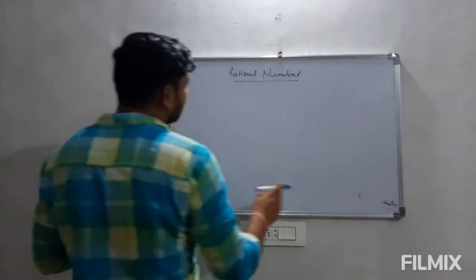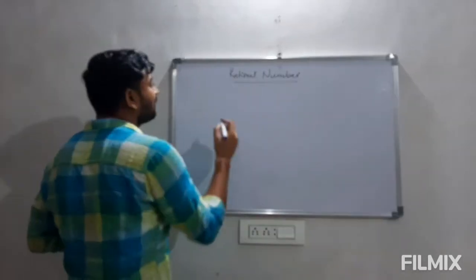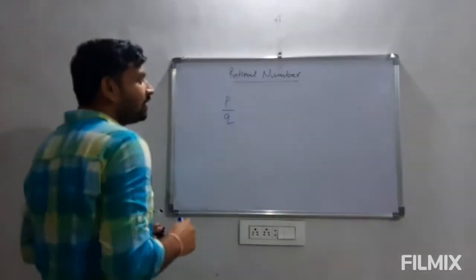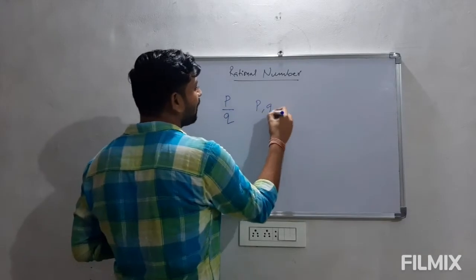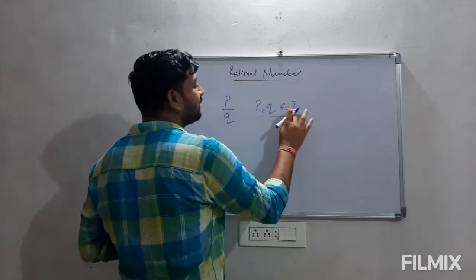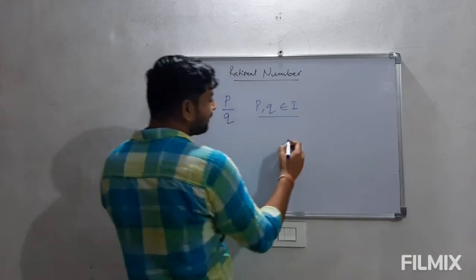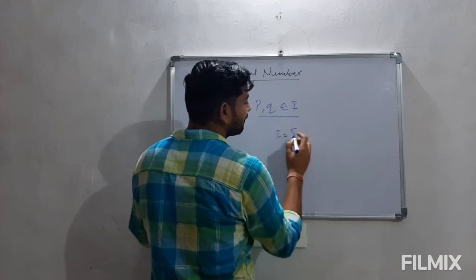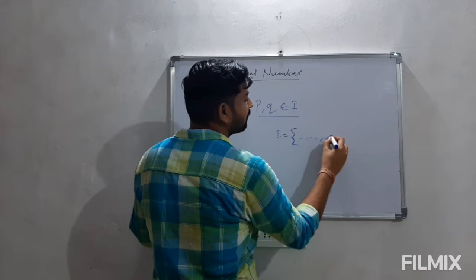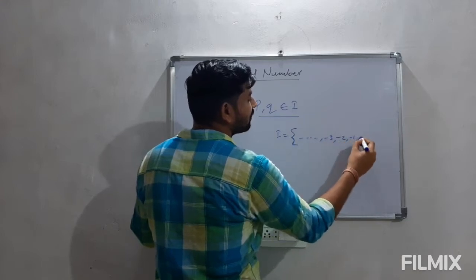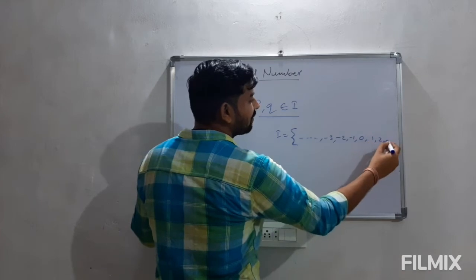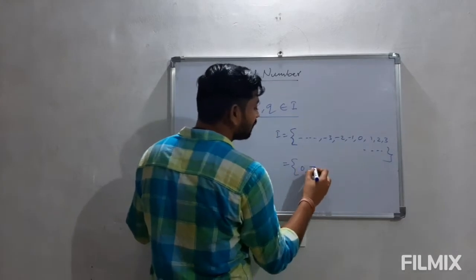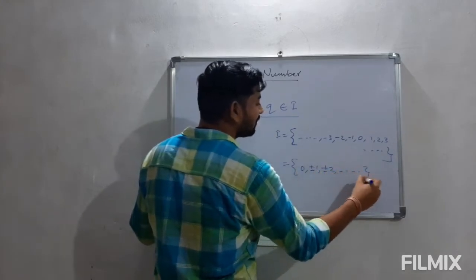So we were discussing the definition of rational number. Here, as I told you, any number which can be written in the form of p upon q is a rational number, where p and q are integers. They belong to the set of integers. Now the important part is that integers are the numbers from minus infinity to 0, then from there till infinity, which includes 0, then plus minus 1, plus minus 2 and so on. These are the integers.